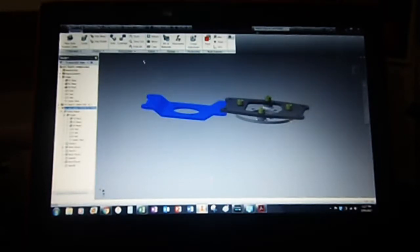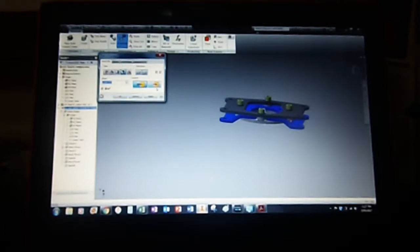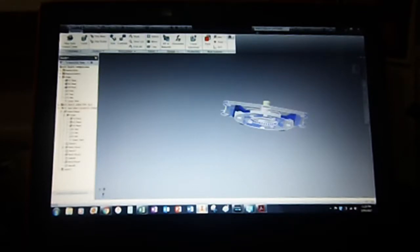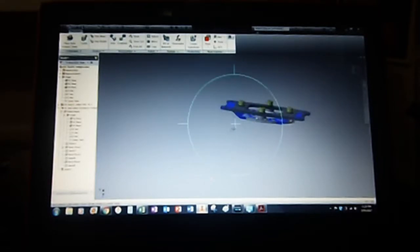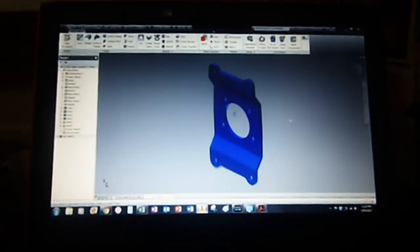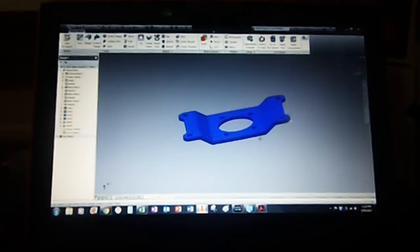I've had a thought about it, and I think I've worked out where the error is. As you can see, technically the face on the diff is in the same place, and the inside of the caliper mount's in the same place. So all that should be fine. Should have gone on that way. I think where my error comes in is on the DXF that I sent the guys to fabricate it off. I rounded the angles